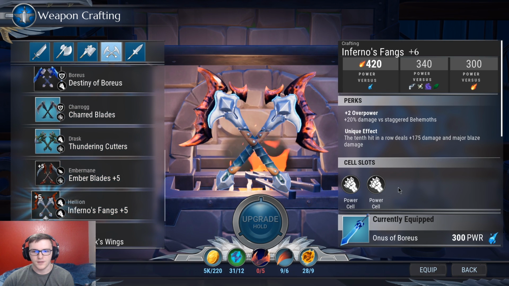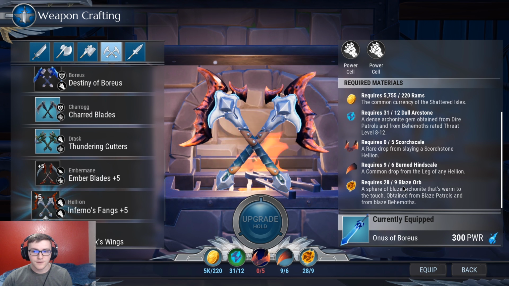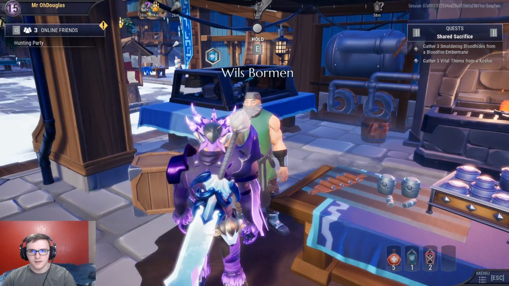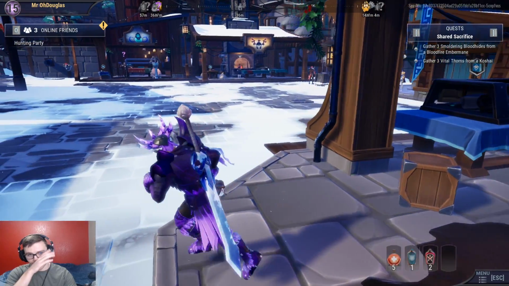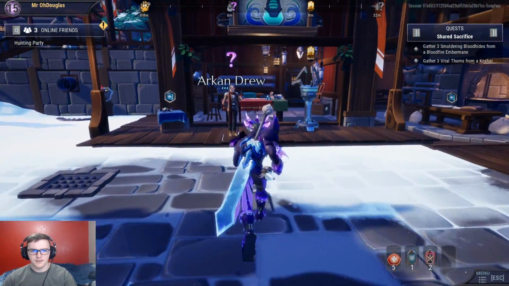At the moment I cannot craft this any higher. It's physically impossible right now because I can't fight Scorchstone Hellion, and you have to fight Scorchstone Hellion to get these Scorch Scales. So I can't upgrade anything past +5 for Hellion, including the armor. So if everyone's trying to make this gear to get higher in the quest line, you can't. Yet. What I also did was fight Embermane a little bit, but I didn't fight the big bro